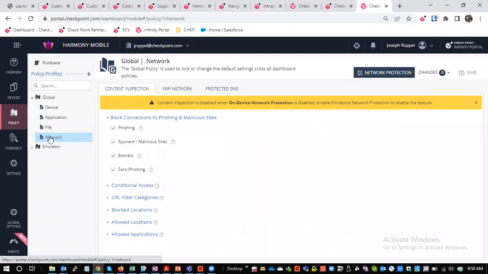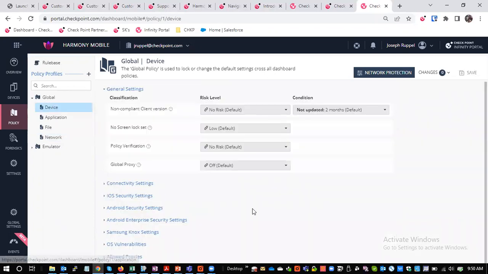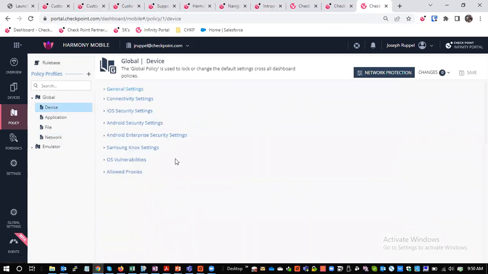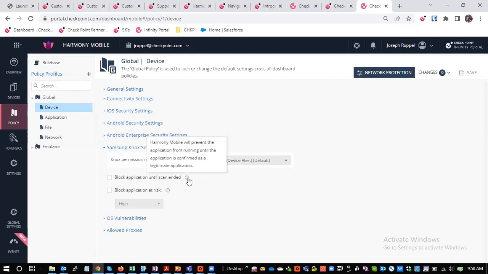What was the other thing I was going to show? The Knox integration. So Knox is up here in device. Yep. So with Knox, the new settings, we can go ahead and block an application from running until the scan has completely finished and made a verdict, right? We can also,